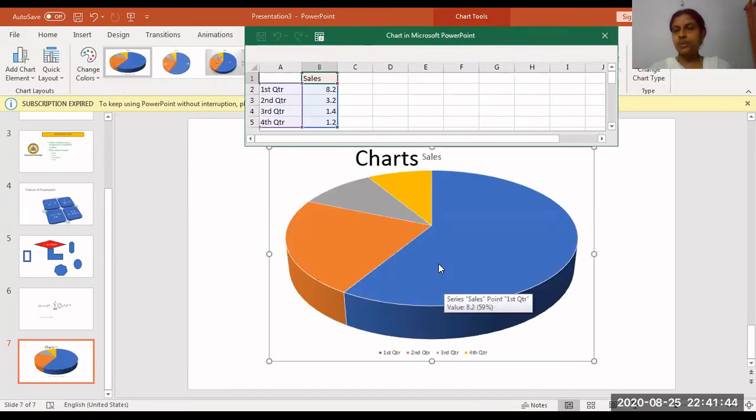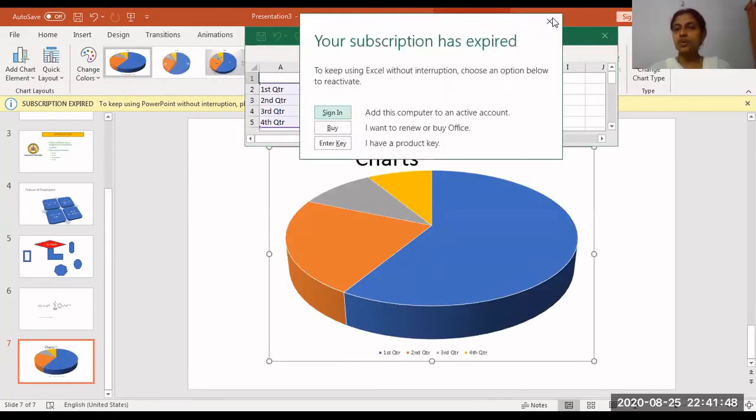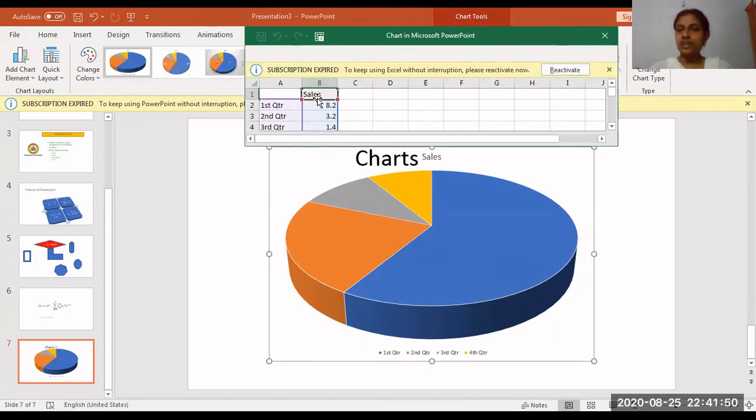My chart will be placed, and if you observe, my Excel sheet also will open in a read-only mode. According to your data, you need to give the values. If you don't want to change anything, just close it. This chart only will be there. Apart from that, I want to do something. For example, I want to have a result comparison, result analysis. How many first class, how many second class, like that.